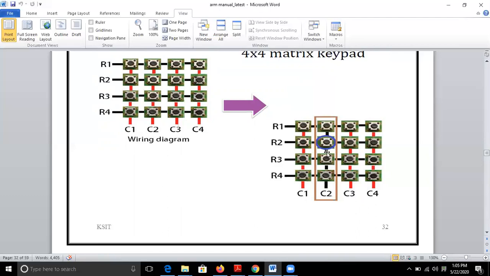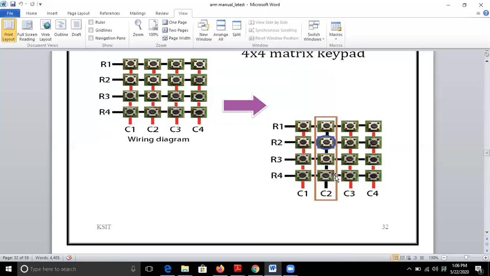Which row we have to identify. That is the next step, right? Whereas if you read column 3, you will have a logic 1. Likewise, column 4 also will give you a logic 1 value because none of the keys on the columns C1, C3, C4 are pressed.